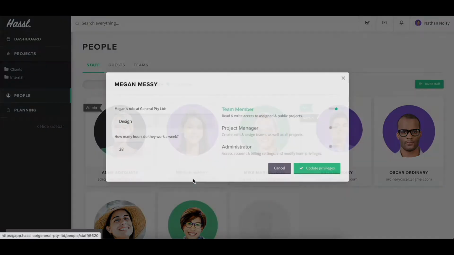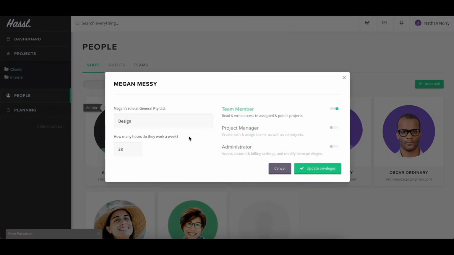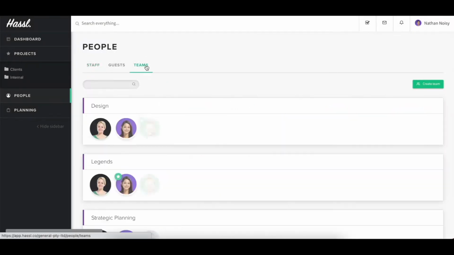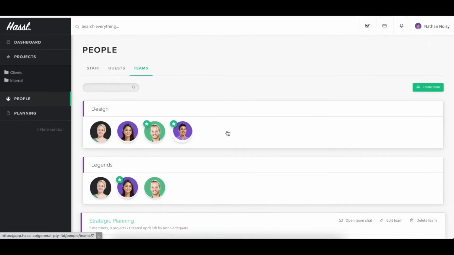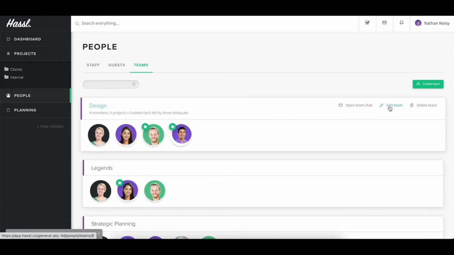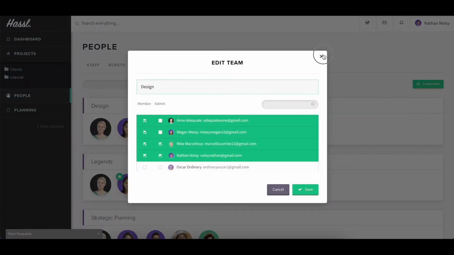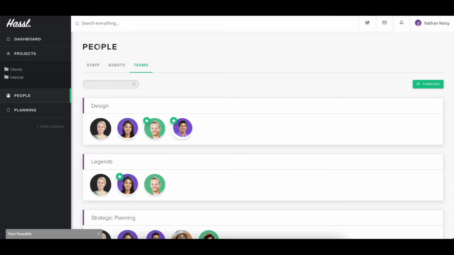two really great tips. The first one is to edit their details. So add how many hours a week they work, make sure they have the right access. For example, if you're a project manager, you'll get access to reports per project. And then if you have the capacity, set up teams. So basically group your agency into teams. This will become really useful later on if you want to do anything particular, like make a project private just